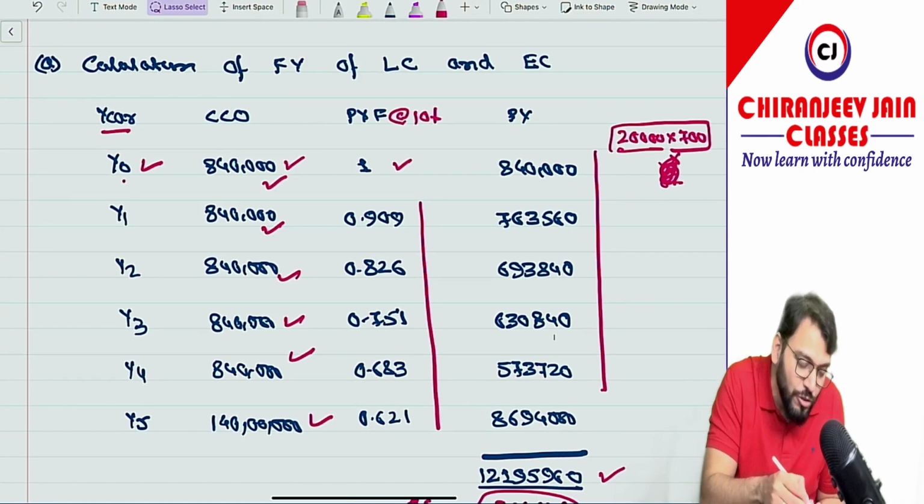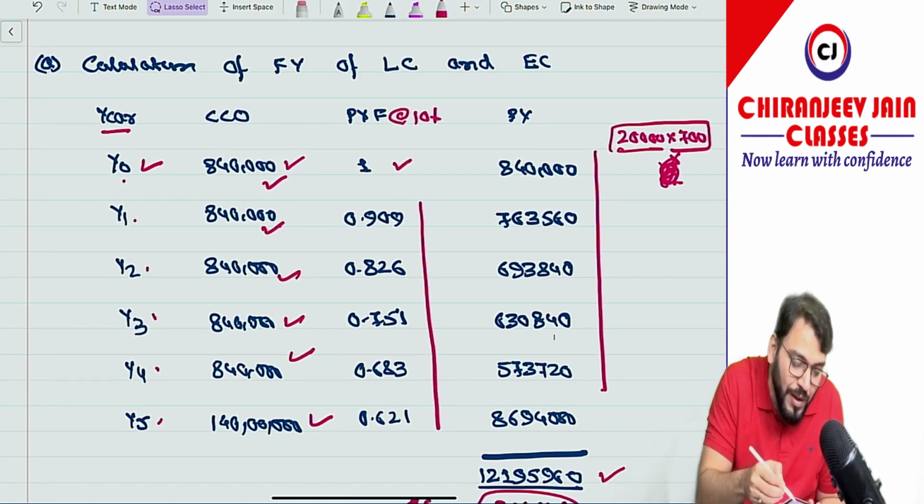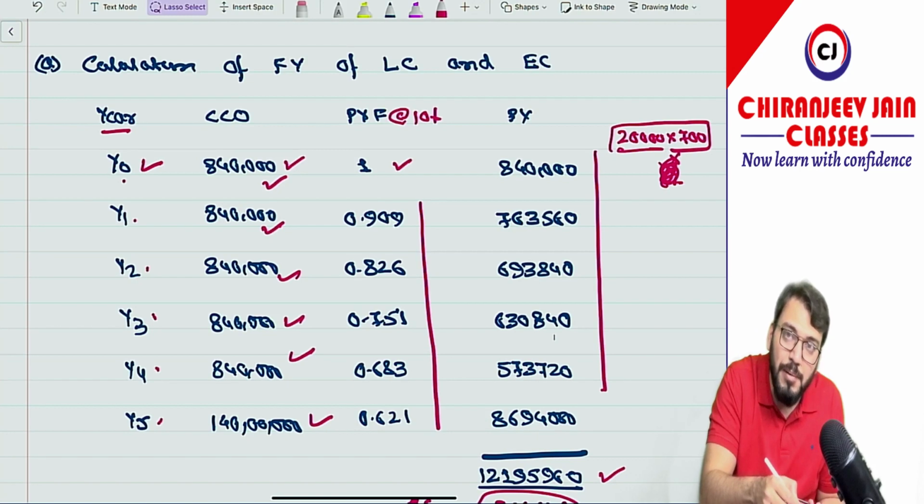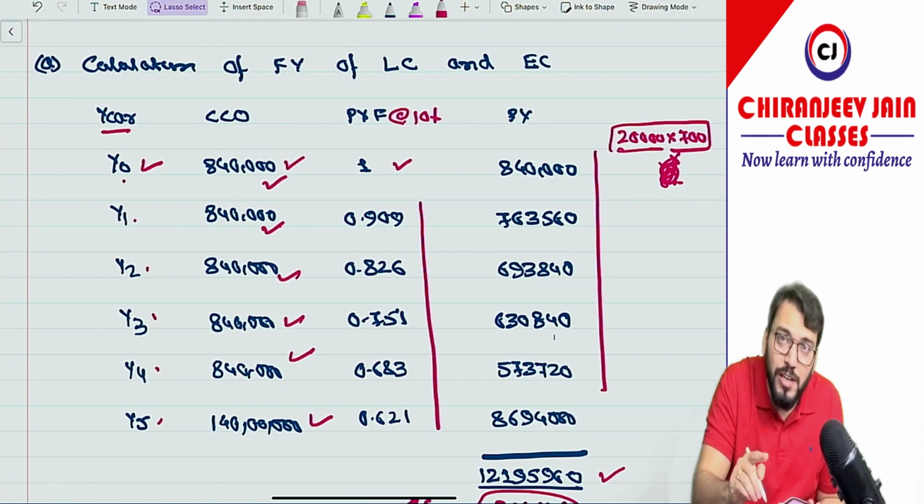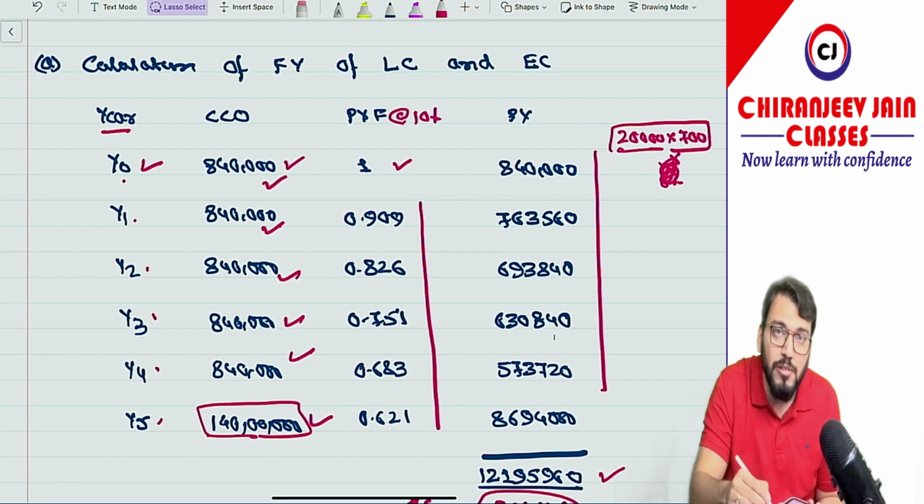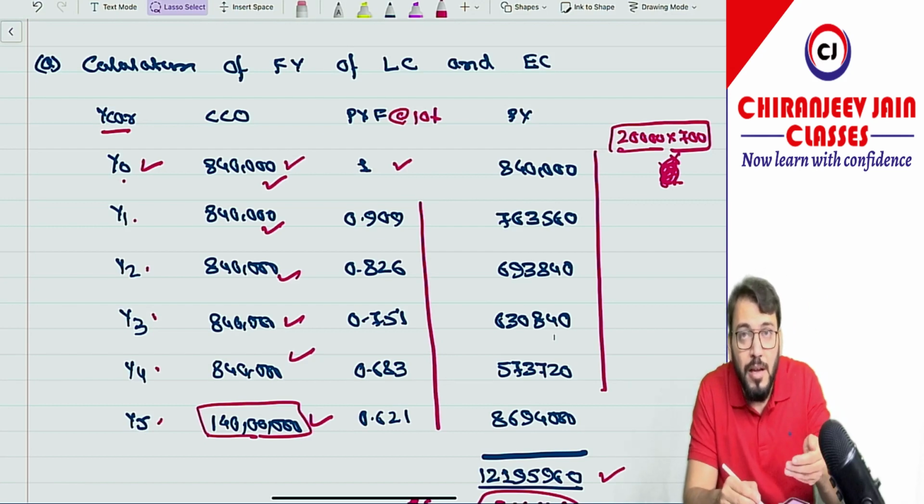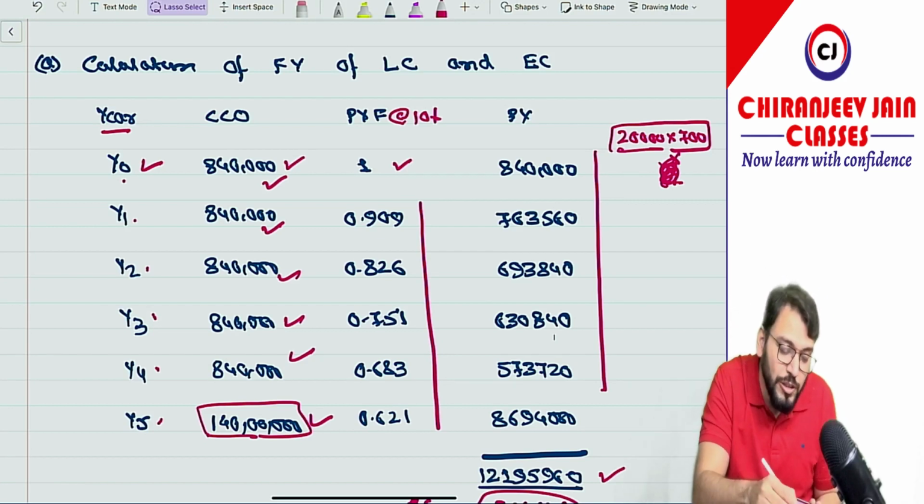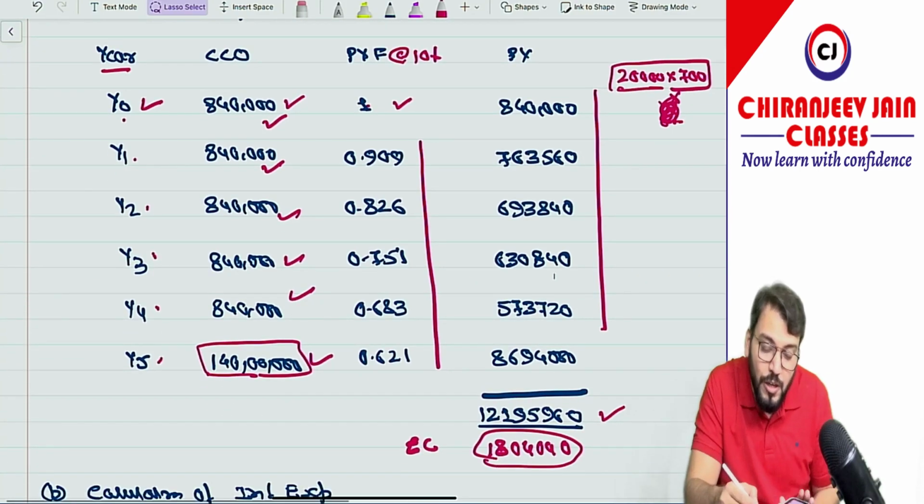So what I have done: Y0, Y1, Y2, Y3, Y4, Y5. 8,40,000 is payable at the beginning of each year, and 140 lakh is redeemable at the end of the 5th year at par value. That will be the payment of principal amount. Then we have calculated the present value factor at the market rate of interest, that is 10%. So it will be 0.909, and I have calculated the present value, which is coming to